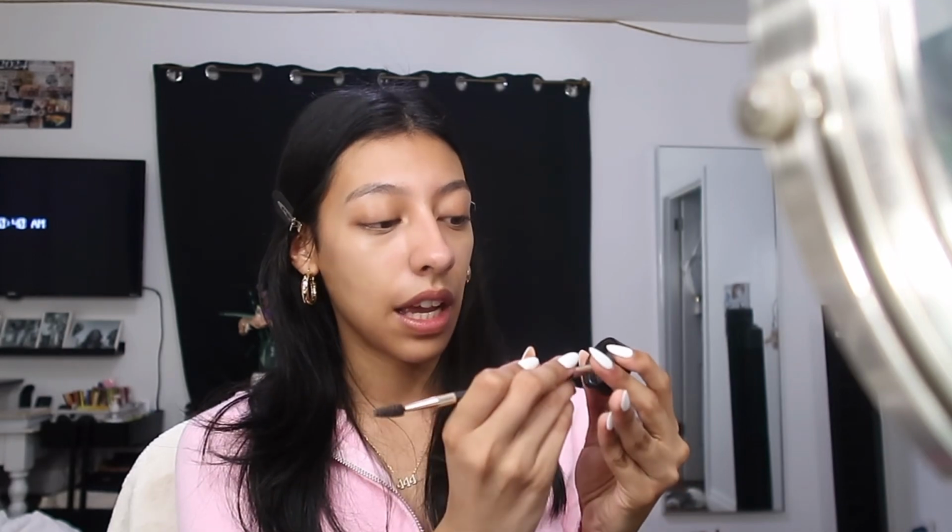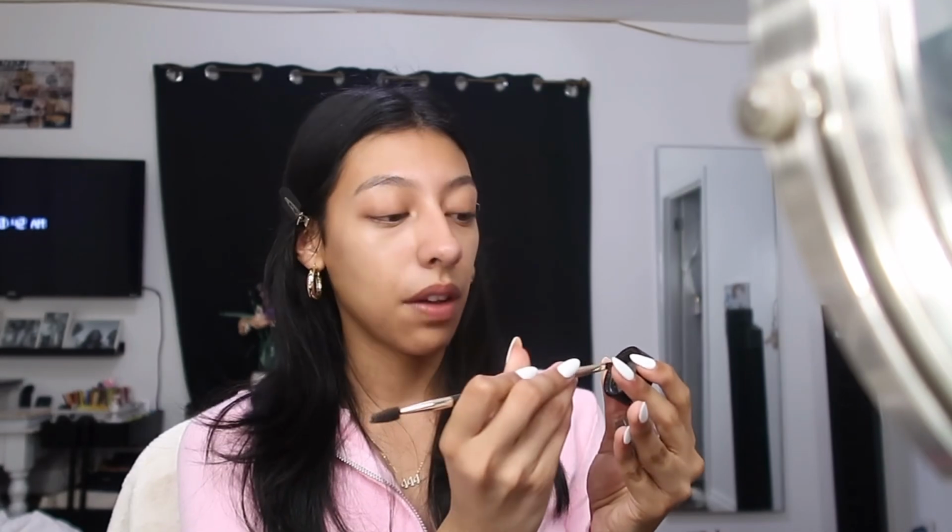Now we're going to do my eyebrows. I always do my eyebrows first because I feel like that's what really sets the tone for my makeup. So I always use the MAC Fix Plus and spray into my pomade just so it's a little moistened up. I'll take an angle brush. This one's from Profusion. I'll just dip it in and then I'll scrape the sides like that to make it flat. And starting with the right brow, we're just going to align the bottom